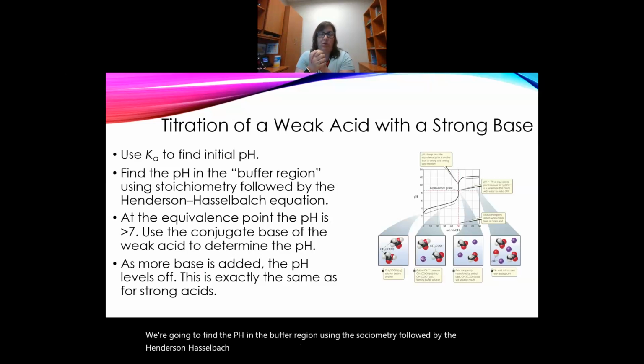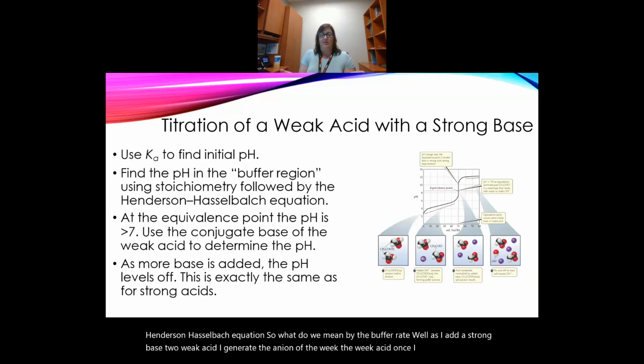So what do I mean by the buffer region? Well, as I add a strong base to the acid, I generate the anion of the weak acid. Once I have that acid and its anion in the same solution, now I have a buffer. And so I have to consider that buffer region by using Henderson-Hasselbalch. That buffer region doesn't last forever, but we do have it as long as we have both the anion present